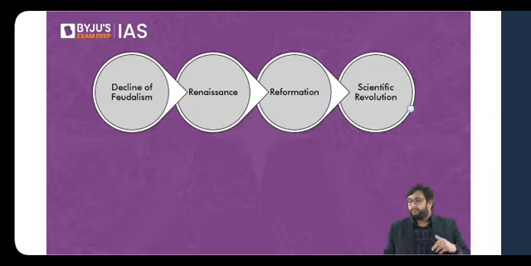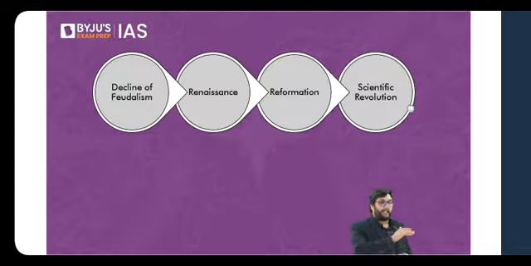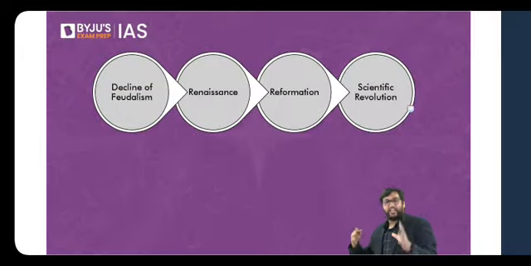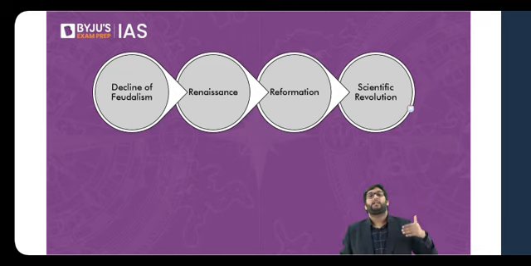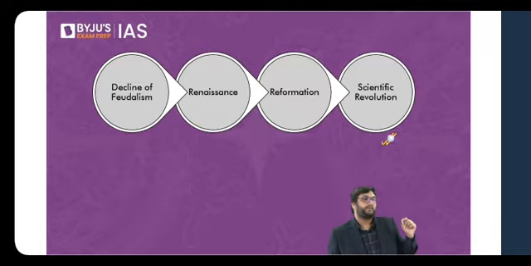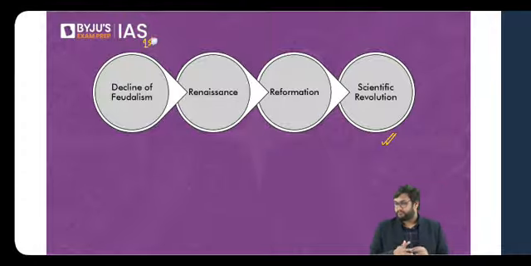Now there will be a set of changes which will come out of this system, and everything which I'm going to discuss with you is only for context and understanding. Now please try to understand. There will be a chain of events which will take away the power of the church, and that will allow for something called the scientific revolution to happen. But in order to understand that, let's try to understand the first process which created this chain reaction.